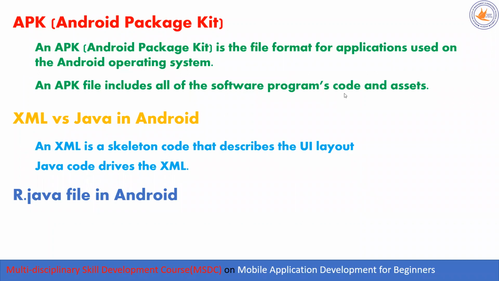Some people ask how memory management happens in Android. When I say memory management in Android, we have one read-only file. Again, this is important for you, especially people who want to go ahead with Android. We have one file named R.java, and this R.java file consists of pointers, basically. It contains the addresses of all the resources which are available in Android.